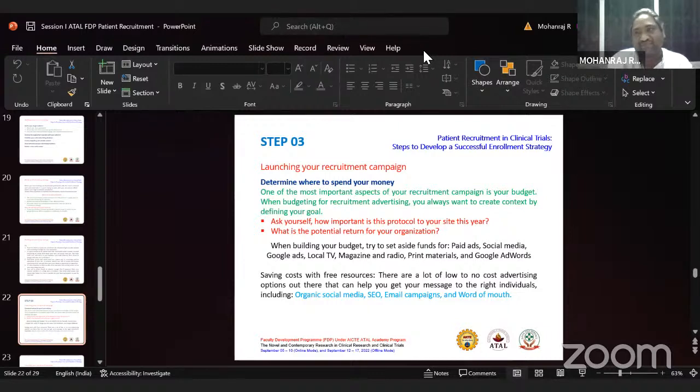Number two, in a developing country, we have no primary resources publishing this information. As I already told you, in my 22nd slide I differentiated the information about advertisement portals, which are paid with the least amount, and which are free resources. Whenever we have a portfolio or protocol prepared and acknowledged by the sponsor, the responsibility of the sponsor is to send all this information to the broadcasting agencies and get the approval of broadcasting, and they will be given